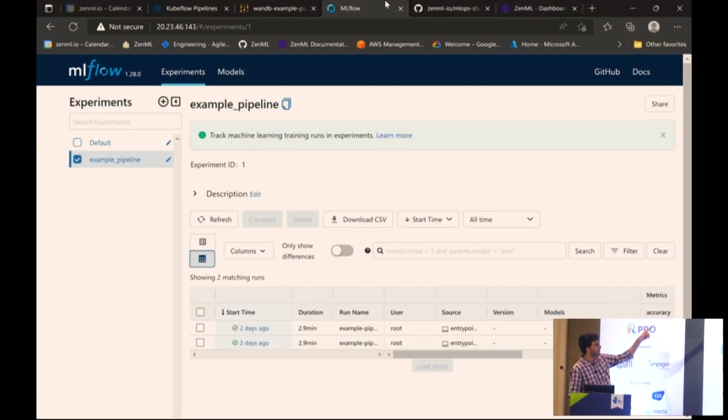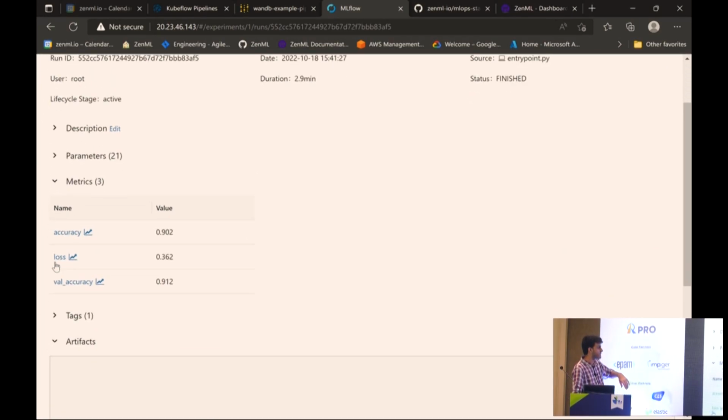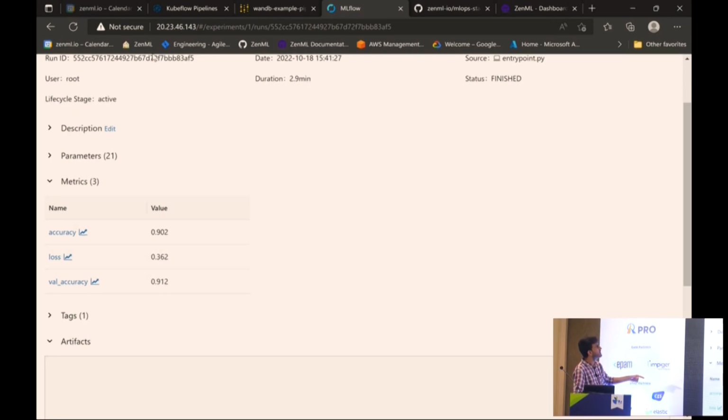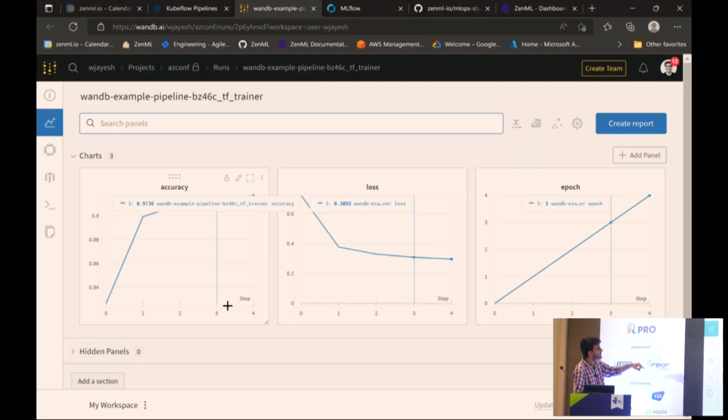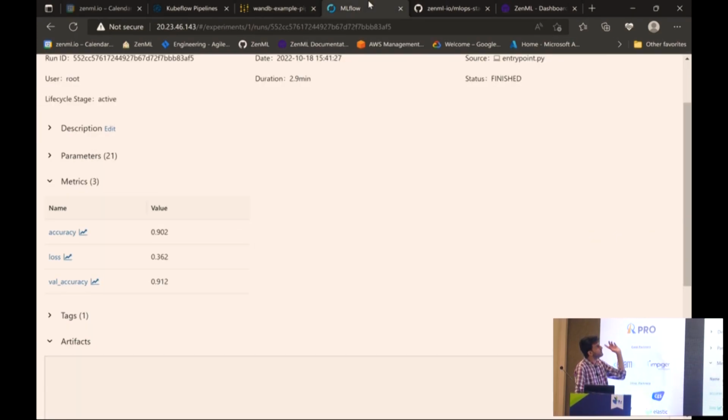I already have it deployed here. So you can take a look at the previous experiments I did some time back and try the same experiment, the same ideas, the same metrics, the same parameters, but tracked across different tools. You have the same metrics here, and the weights and biases also shows the same thing. The three data points for accuracy, three data points for loss, all of that is here. So across two different tools, very easy experimentation, very easy stack switching, all of it is pretty simple. Stack update, that's all. That's the idea behind it.